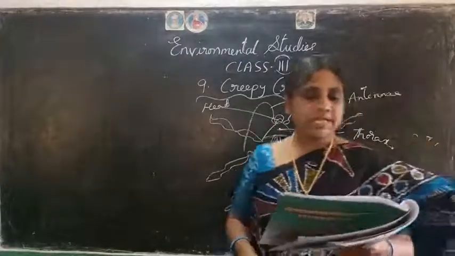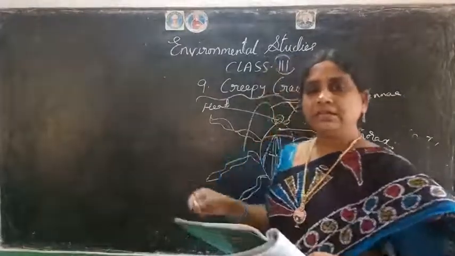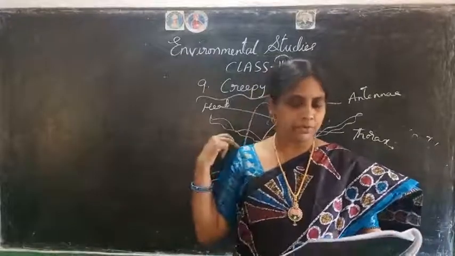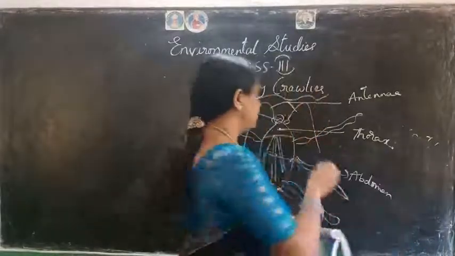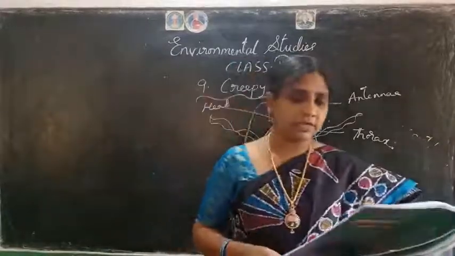Okay, it usually has 2 pairs of wings. It does not have a backbone. They have 2 pairs of wings, children, and they don't have a backbone. Okay, and its body has a hard cover called chitin. This body part is covered with the hard part that is called chitin.